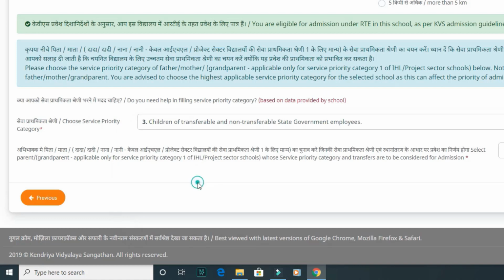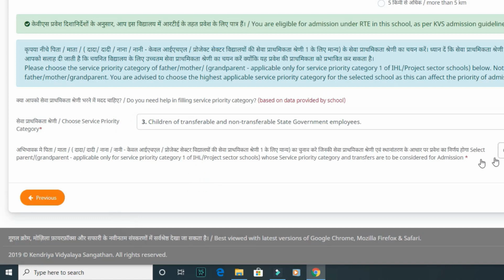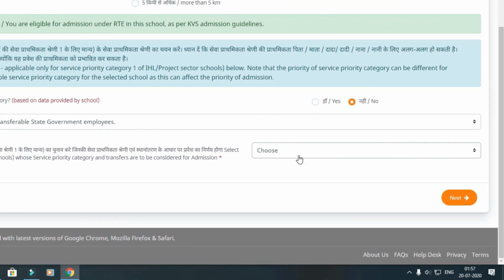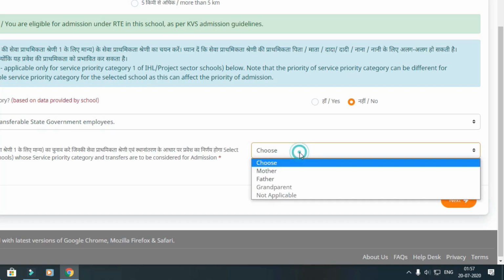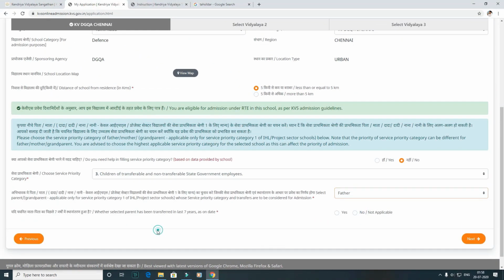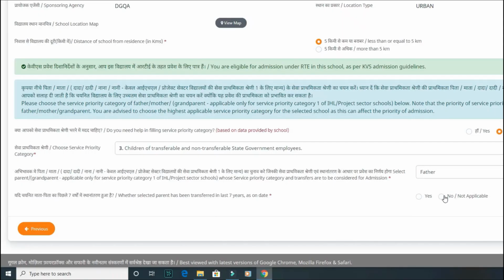After selecting, based on the data, you have to select whether the mother is working or the father is working. You select mother, father, or grandparent. So father or mother you have to select. After selecting, there is a question whether the selected parent has been transferred in the last 7 years.